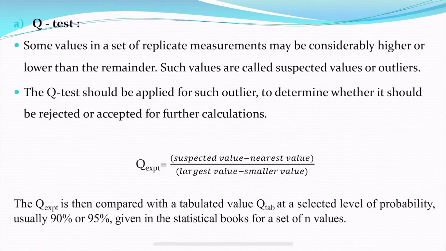Okay. So, the first one, as I said, Q test, which is also called Dixon's Q test. This Q test is a way to find out an outlier which is very small. If I get a negligible result or a very small difference in the observed values, then I am going to use the Q test.